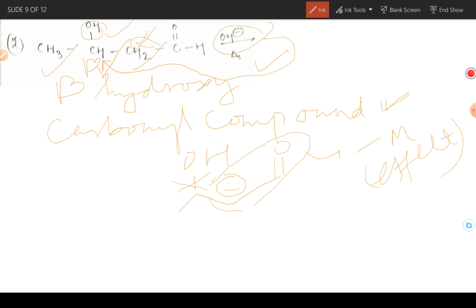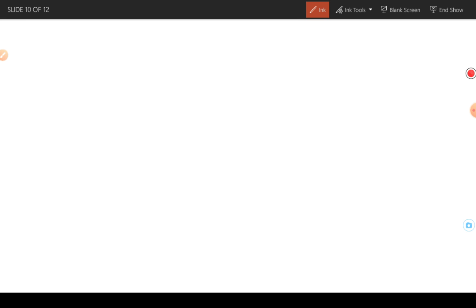After attack of OH minus on the beta hydrogen and shifting of hydride, we will get a carbanion stabilized by minus M effect. And after that, the poor leaving group will be removed, and we will get a product like this. And again here we are going to get an alkene product. This is also a Hofmann product and a less substituted alkene. See what the answer will be again. We will get a product like this. So I hope you have understood these two questions.